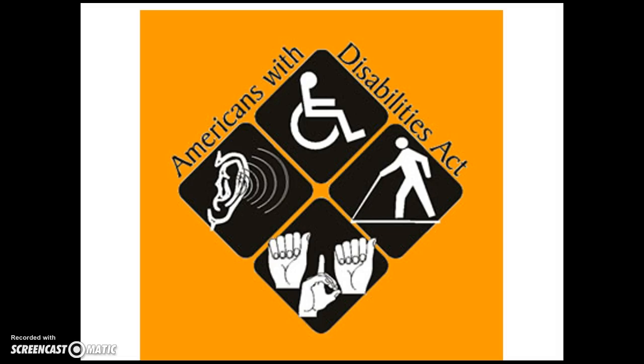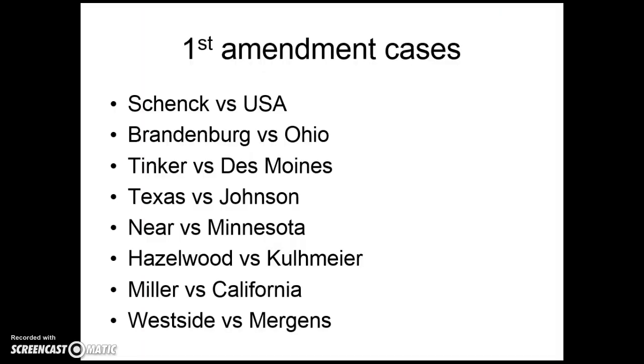This would be the law that requires businesses to have ramps or to be handicap accessible. It would require schools to provide an equal education for students with disabilities and without them. This has been a significant law in furthering the equality for people with disabilities. And again, that would be a non-suspect class. So this is a strong state interest, although it's not a compelling state interest, to make sure that this is the way that people with disabilities are treated.